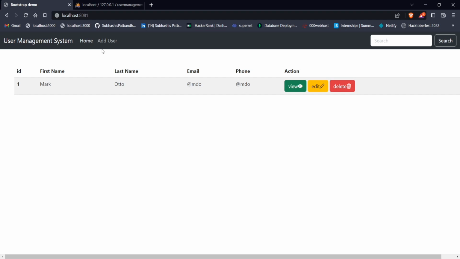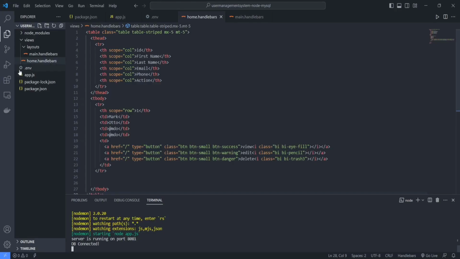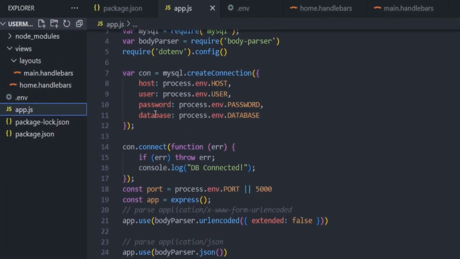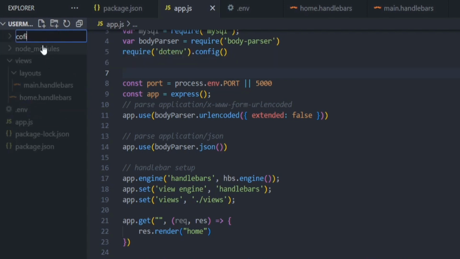Here this data is static data that we have put manually, but in this video we are going to fetch it from the database. So let's do it. Go to your VS Code and inside app.js, before performing that particular operation, we have to move this connection method to a new file so that we can manage our project properly. So cut this particular code, and inside our project we can create a config folder, config, and inside that create a file as config.js,